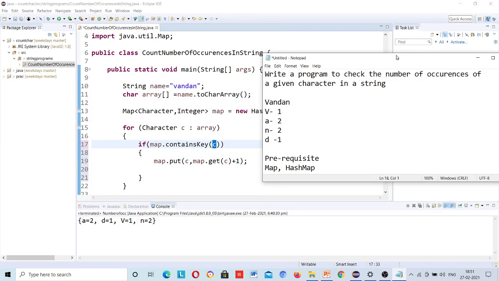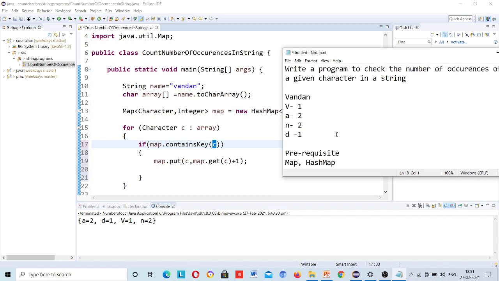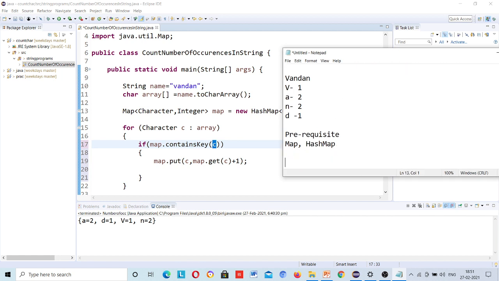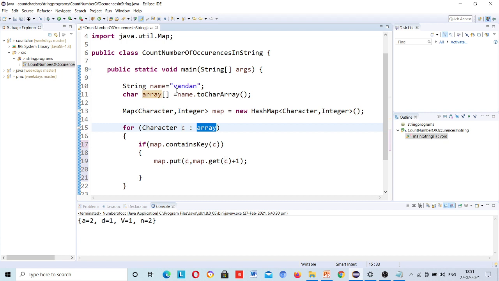see, first time it will come. Okay, this array will copy V to this C, and it will come to this if part.